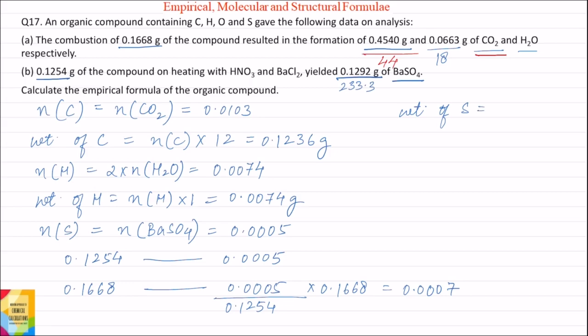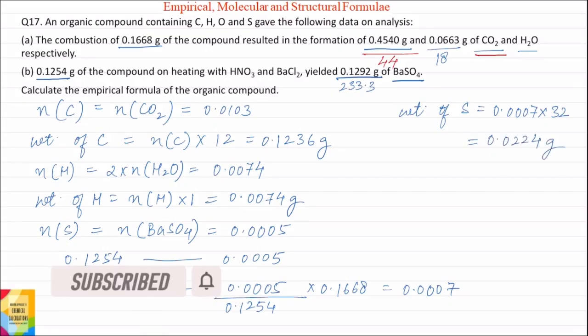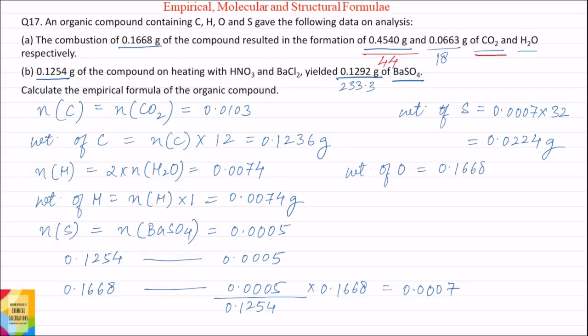Weight of sulfur will be equal to 0.0007 into atomic weight of sulfur, that is 32, and this is equal to 0.0224 gram. Now weight of oxygen will be equal to weight of the compound, that is 0.1668, minus the sum of the weights of carbon, hydrogen and sulfur, which is equal to 0.1534 grams, and this is equal to